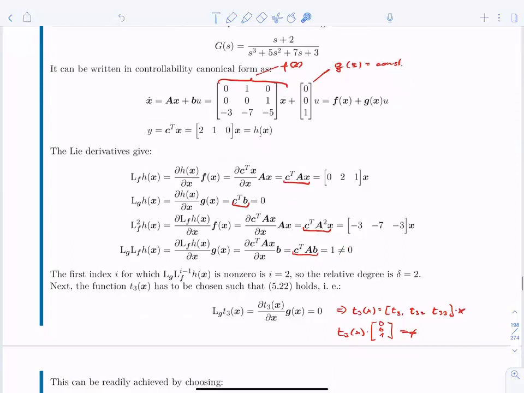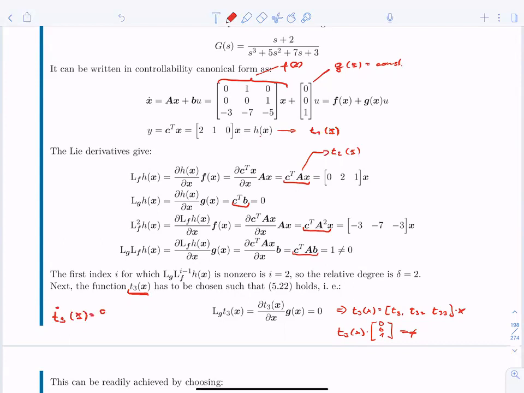So in order to get our transformation, this would be the first equation. So this is T1 of x, if you want. Then we find the second transformation to be this one. So this is T2 of x, because we just follow our formalism. And then we are left with our T3. So we don't know what our T3 is. And as I explained before, however we choose this T3, we want it to be independent of our input, which means if we take T3 dot of x,